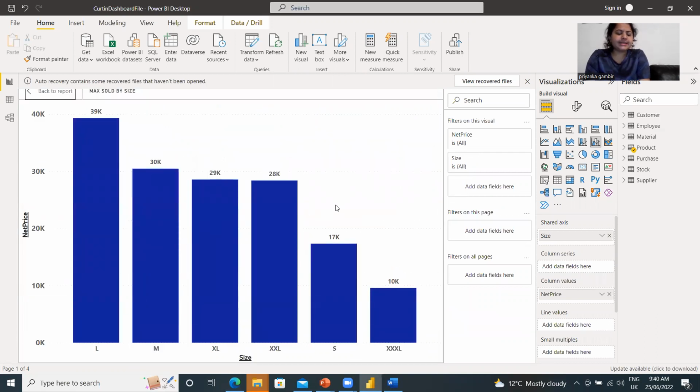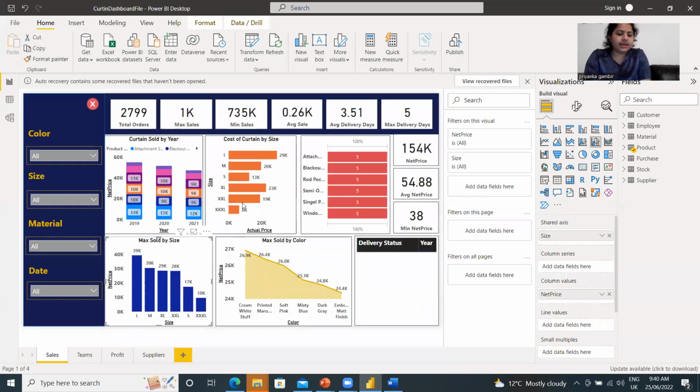We can clearly see the size large has been sold the maximum, which is 39,312, and triple XL is the product size which has sold least, and medium is the second maximum sold product by size. And furthermore,